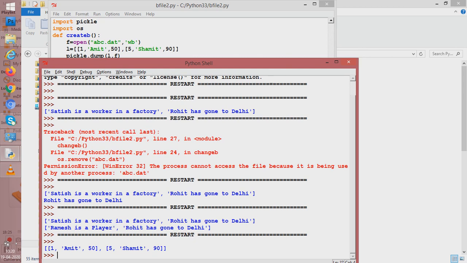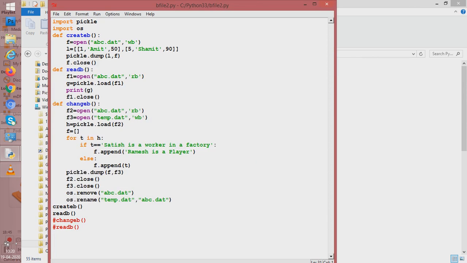So you can well see, in this given record, 1, that is the roll number, is in the 0th position. The name is in subscript number 1 and the marks is in subscript number 2. Keep that in mind. Let us see how we do the change. To do the change, we will use this change B function again. Everything would be same, but here we would go for a condition change.